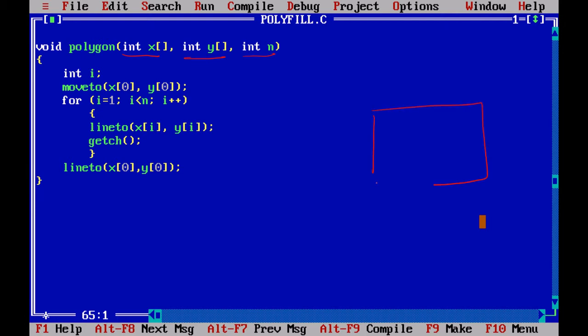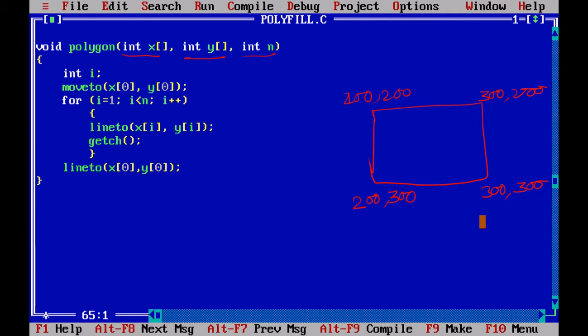So this is a rectangle. We are going to have 4 points. Imagine the first point as 200, 200, and this can be 300, 200. Then the third point has X value 300, Y value 300, and this can be, once again, 200, 300.